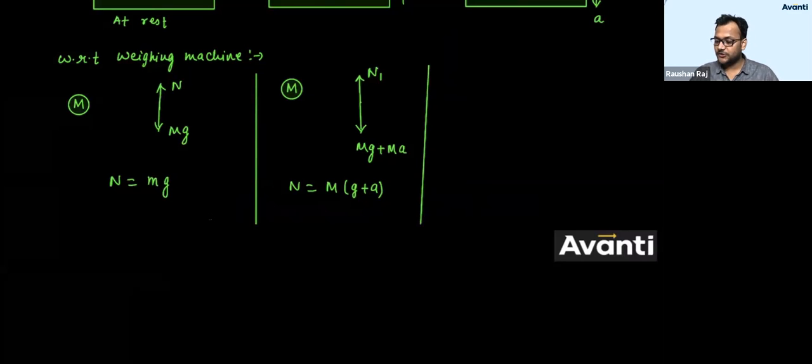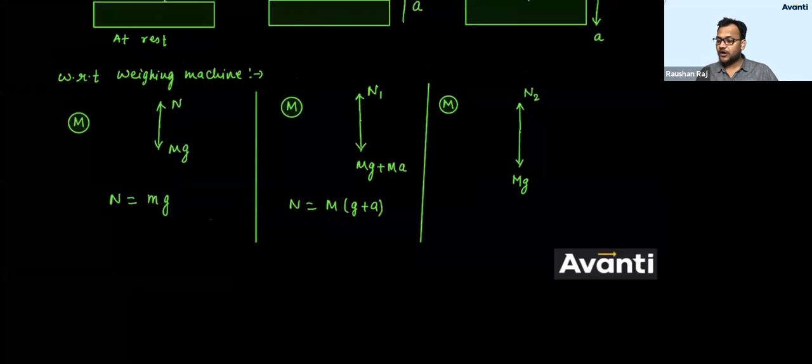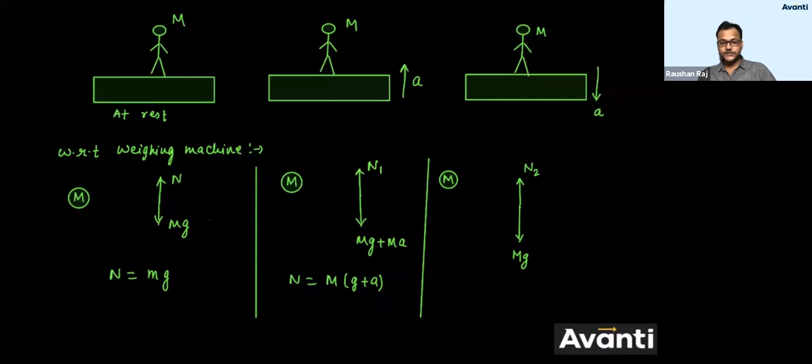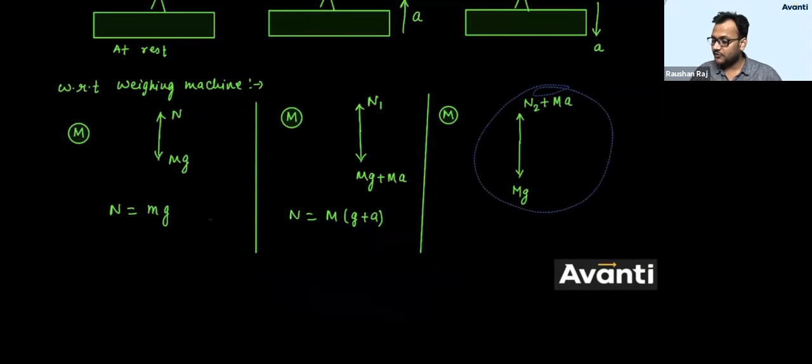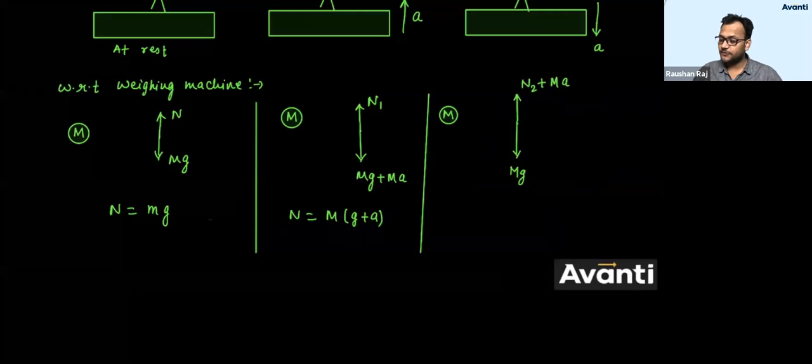Third case की बात करते हैं बच्चा लोग, बहुत ही आसान है, बहुत ही सिंपल है, बहुत ही मजेदार है. चलो ये थर्ड केस हो गया. थर्ड केस में draw the free body diagram. तो ये हो जाएगा m into g. Upward force will be, let us say, normal N2. This weighing machine is going down, reference frame is going down with acceleration a. So pseudo force will act in upward direction. The value will be m into a. Since with respect to weighing machine, this man is not moving at all, so net force in vertical direction must be 0. So I would write N2 plus ma equal to mg, and hence N2 will be equal to m into (g minus a).